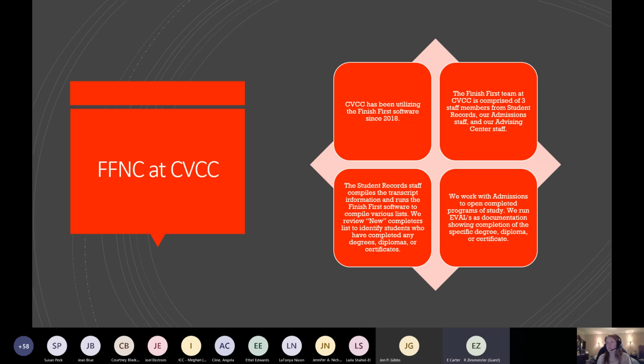The student records staff, what we'll do is we'll compile transcript information once we've run the software, and we review the new completers list to identify students who have completed any degrees, certificates, or diplomas. We'll look to ensure that the students have not completed the higher level degree of what they've been identified as completing. So for example, if we have a student that says they have earned a certificate in a certain program, but if we go back and look and see that they've already earned the diploma there, then we don't want to necessarily reach out